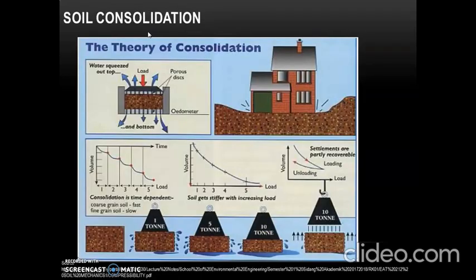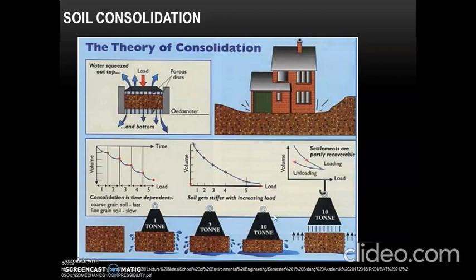Next is consolidation. Consolidation is nothing but removal of water from the voids. So here we can see a structure being constructed over the soil mass. While constructing this structure, it would be constructed in various stages. That means load is applied in stages. For example, during the initial stage, the load applied on the soil mass is 1 ton. There will be removal of water from the voids. Then in the second stage of construction, let us say the load applied is 5 ton. Then with this application of load, there will be further removal of water from the voids.